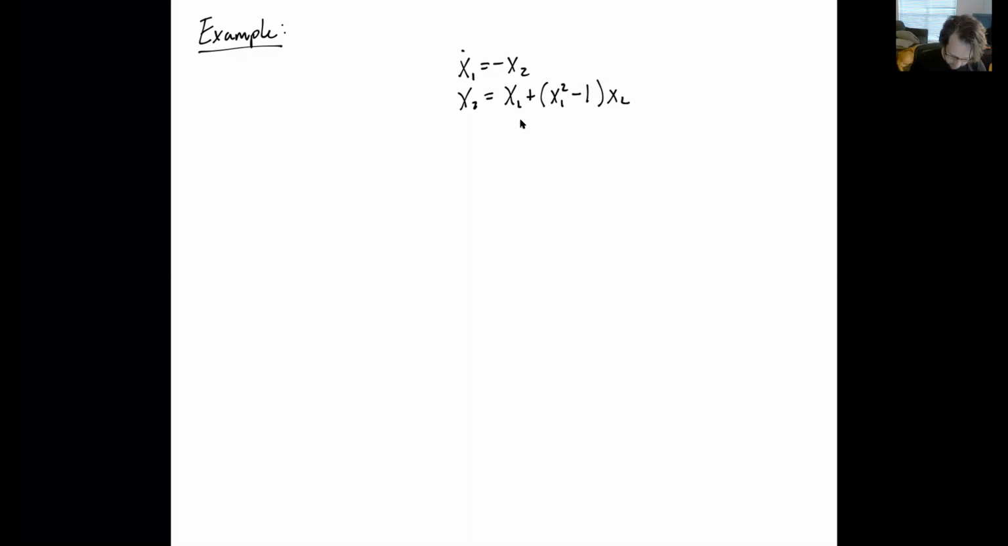Let's consider this system. X1 dot is equal to negative x2. X2 dot is equal to x1 plus x2 squared minus 1 times x2. All right, so let's linearize this system. If we linearize this system,